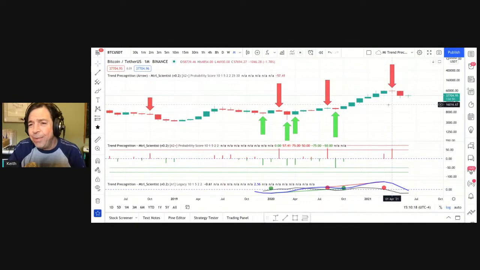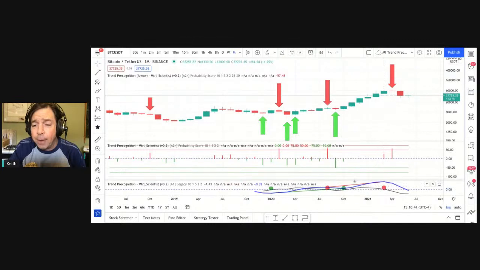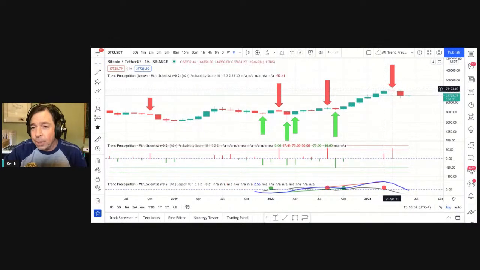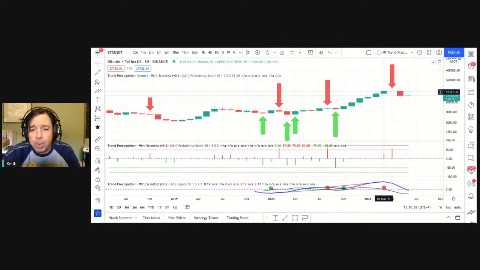So in this instance, even though the A2 plus didn't print the signal until months later because we had to wait for the candle lag, this signal came in sooner, right? You can see where it crossed below the trend, and that was an indication that things were going to change here. So you could have de-risked right here based on this signal, and it gives you a red dot for a short, green dot for a long. So had you been looking at that, had I been looking at that, I would have started de-risking up in this range, even though we were all loving trading in that range and expected a breakout.